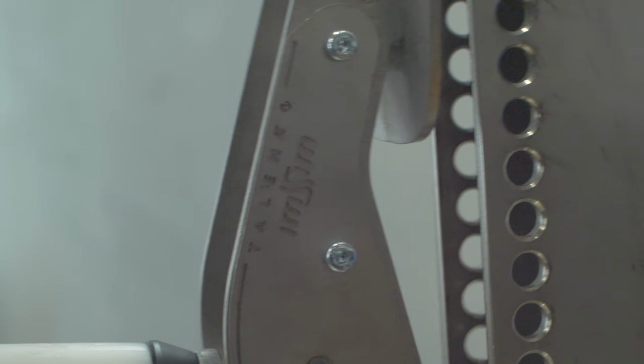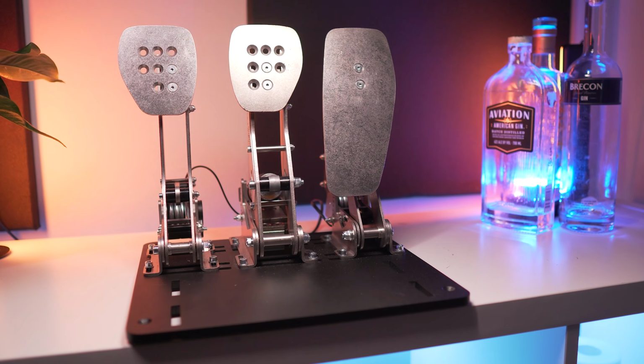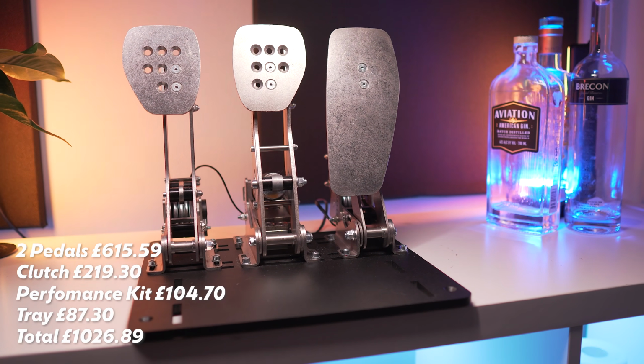They bring all of this experience into sim racing, and now ImSim is coming with a more grounded sim racing product other than the rigs. Some of the choices they made may sound strange at first, but with the industrial background, they will start to make sense. As for prices, the base 2-pedal sets are £615,